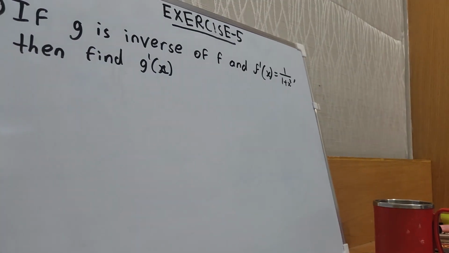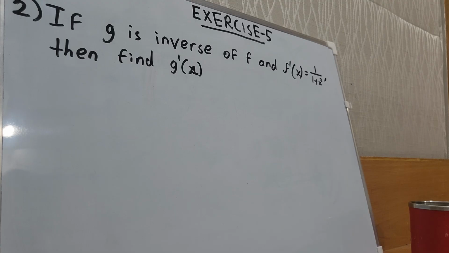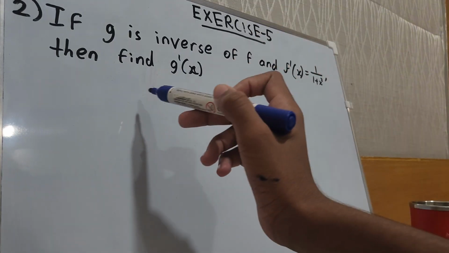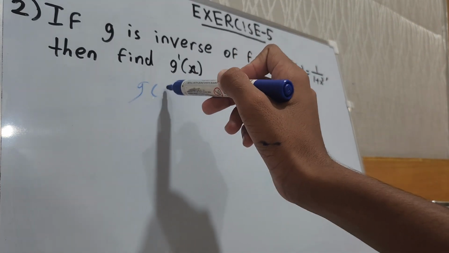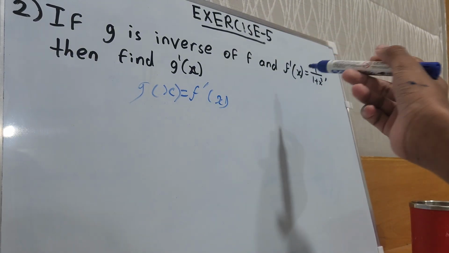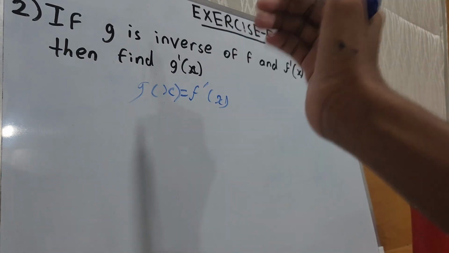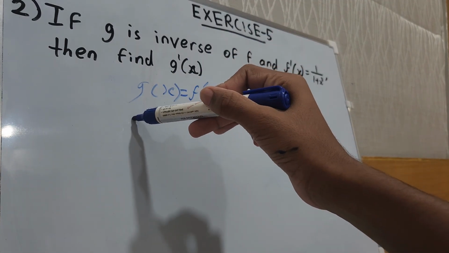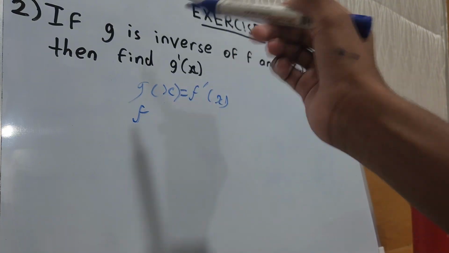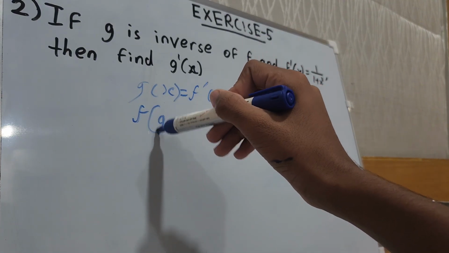So now we're on the next question. g is the inverse of f, what does that mean? g(x) is equal to f⁻¹(x), and f(x) they have given. They're asking g'(x). So what do we do? We will apply f on both sides. Why f? Because then we can differentiate again. That's why f(g(x))